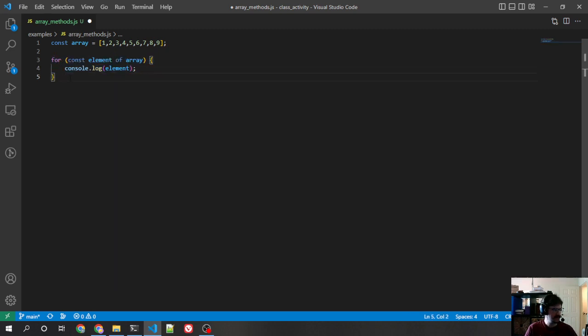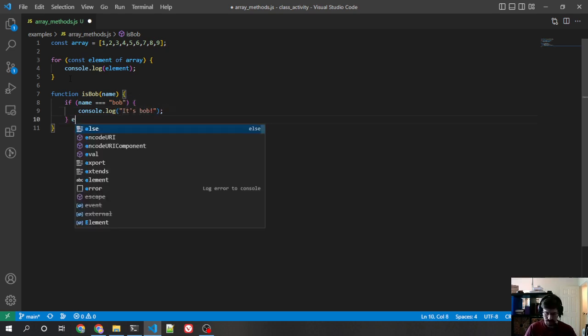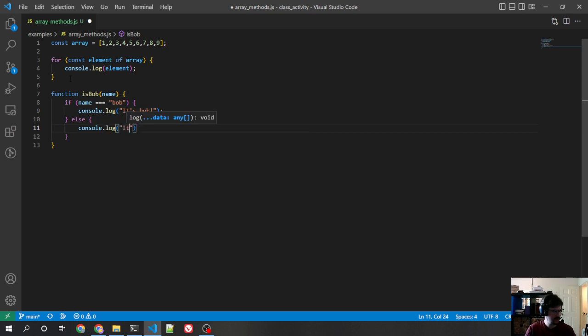A good example of that is, let's say I had some function, some array, or, that's probably not a good idea for forEach. Is Bob. Let's do that. Name. And if the name is Bob, then I'm going to console log Bob. Otherwise, not Bob. Now, you could do, if I had an array of names,